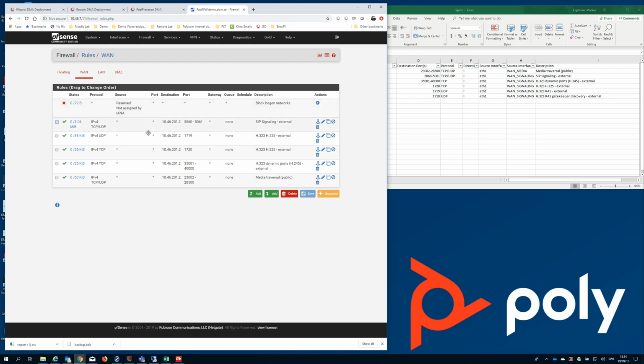The firewall rules I have set up in here are UDP to 1719. As you can see, I'm skipping 1718. I have TCP to 1720. I have set up TCP and UDP to port 5060, so I'm allowing both of those. I have set up as well a TCP media range, 35001 to 40,000 and 23002 to